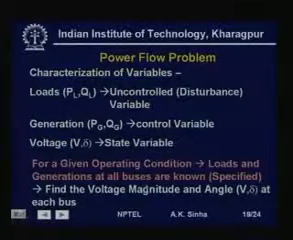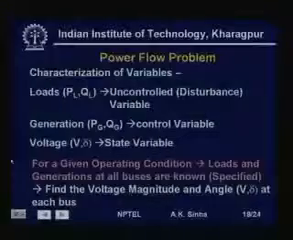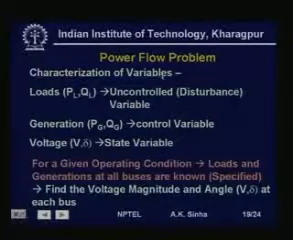Now, we will see exactly what this power flow problem is and how we try to solve it. First thing that we have to do is see what the different variables are which we have. In a power network we have loads at certain buses. These loads are controlled only by consumers and the power system has no control on them. Therefore, these variables are called uncontrolled variables or disturbance variables, whereas generation